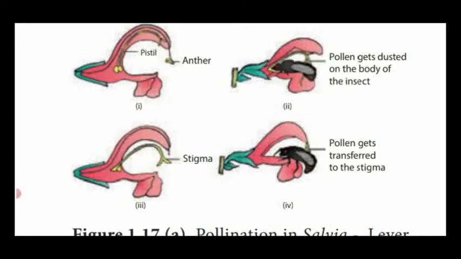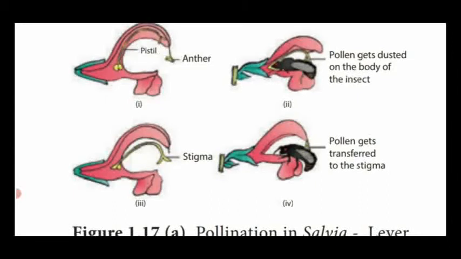The anther has two lobes. The upper lobe is fertile and the lower one is sterile. Once the bee enters the salvia flower through the lower lip, which makes a platform, at that time the body of the bee is struck by the lower lobe, which is sterile,